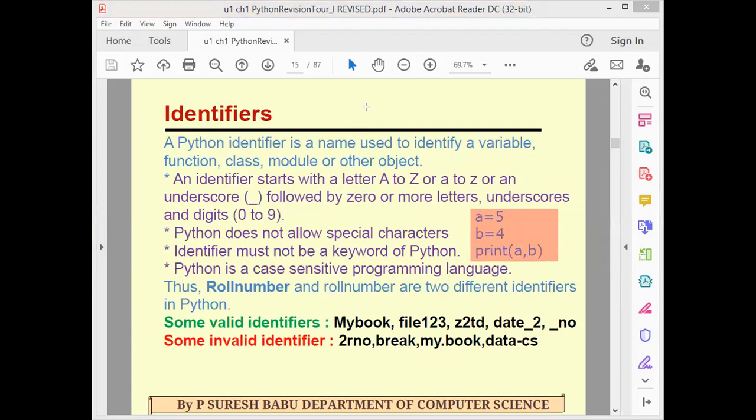This is called an identifier. We should use a=5, b=4. If you don't create them and you try to access them in the output, it will produce an error. So if you want to access a value, before that you have to create those variables or functions or classes. This is a variable.